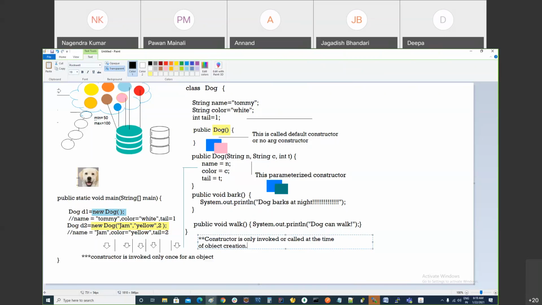If your object is created and somebody says, oh my god, I forgot to call my constructor, can I call it? You would say, you are too late. Once the object is created,